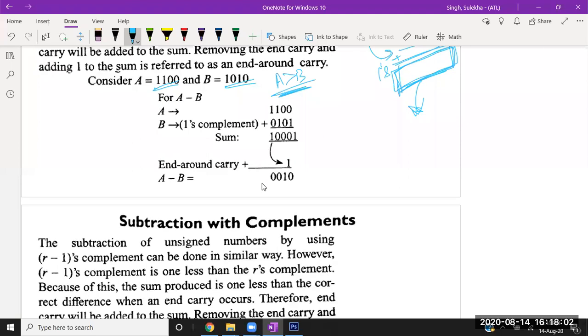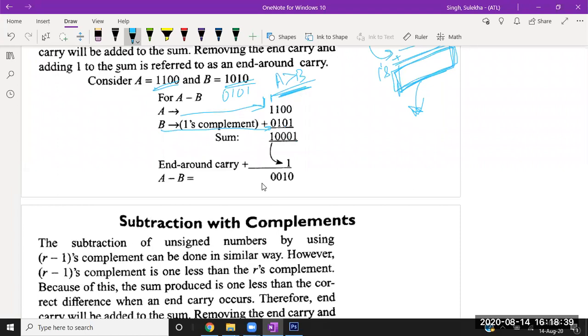So we are taking a as it is, and we are taking one's complement of b. For one's complement of b, I already told you, you need to replace 0 by 1 and 1 by 0. So 0 1 0 1 is the one's complement of this number. After writing a as it is and one's complement of b, you need to add these two numbers. So 0 plus 1 is 1, no carry. 0 plus 0 is 0. 1 plus 1 is 0 with a carry of 1. Again 1 plus 1 is 0 with a carry of 1, and this carry is there at this location.